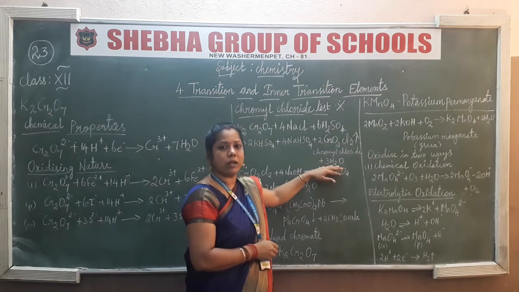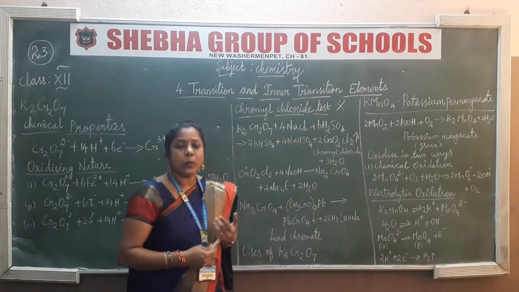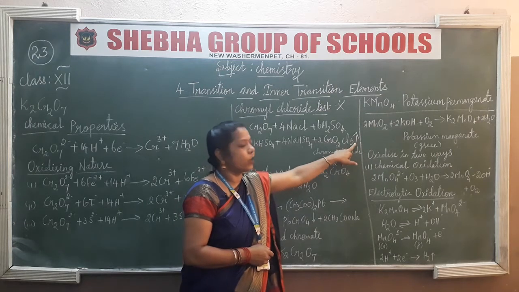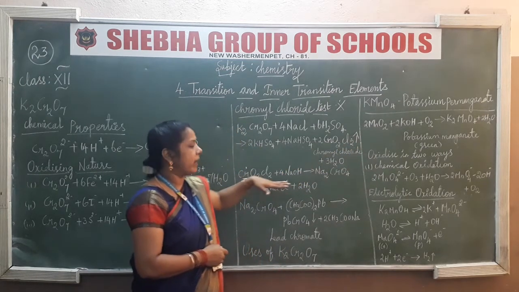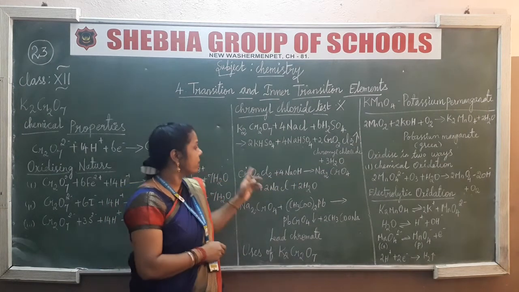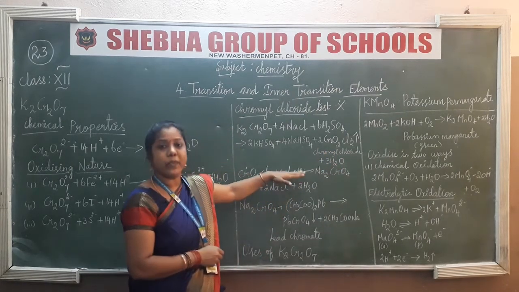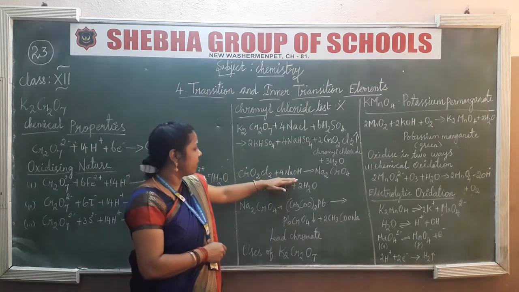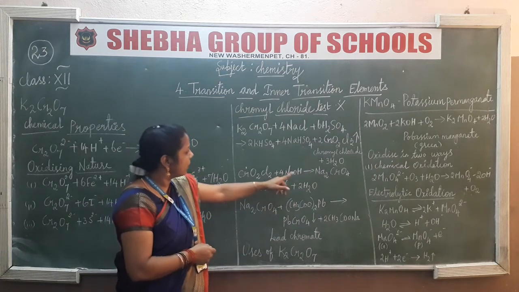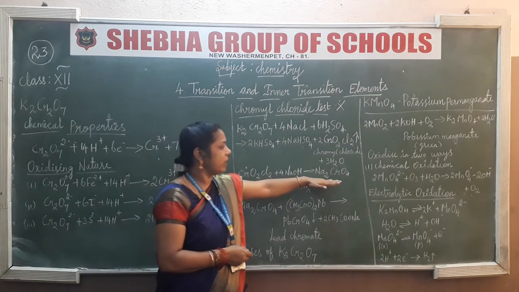Along with water molecules we also get it. In this vapor, we cannot get it in the liquid state, only in the gaseous state. That is why I am pointing out the gaseous state. Chromyl chloride has to be passed into sodium hydroxide. You take the sodium hydroxide solution, and the red vapor in the gaseous state is passed into the sodium hydroxide solution. Automatically you will see its color change. Not only that, you will also get NaCl and H2O.